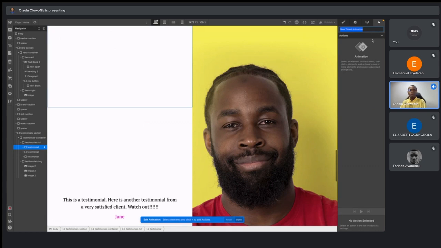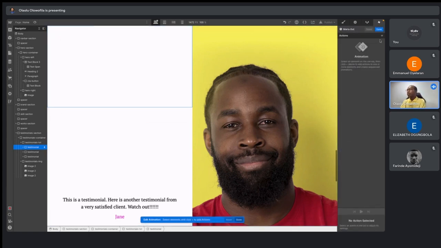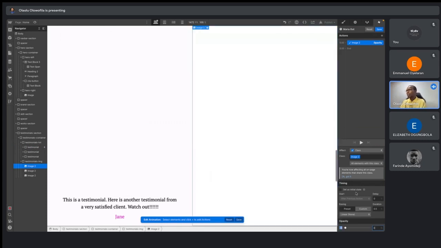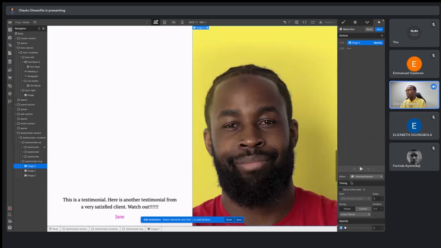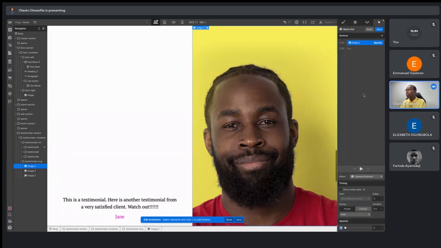And then I will say Maria out. So I know this might look a bit complex to you, but then you can always ask questions. So I will select image 2 and click on opacity. Now, as I am scrolling out of view, I want Maria image to be set at 0%, and I want it to affect the selected element only. I will change the movement from linear to ease. Also, now that that is done for testimonial 1,